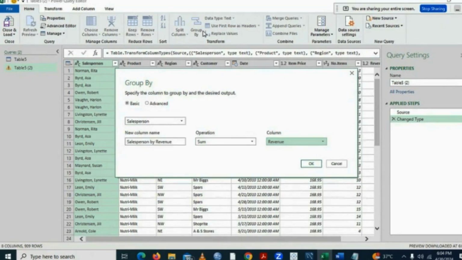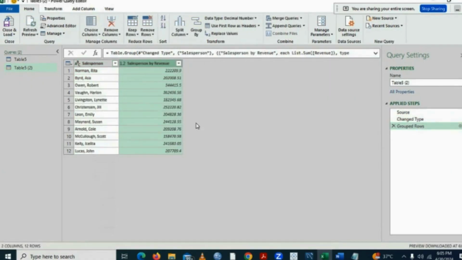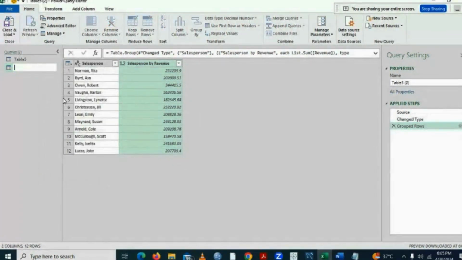So I want to show you how it works as well. I will just say okay. Can you see the same results? This one, Long, it was the highest. The same results. So I can come here and rename my table as